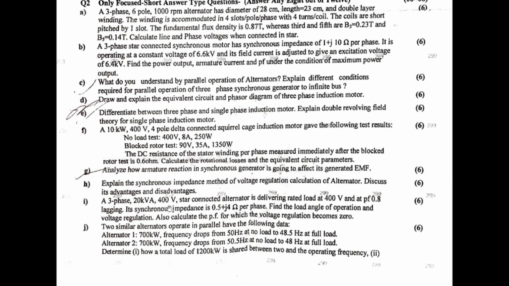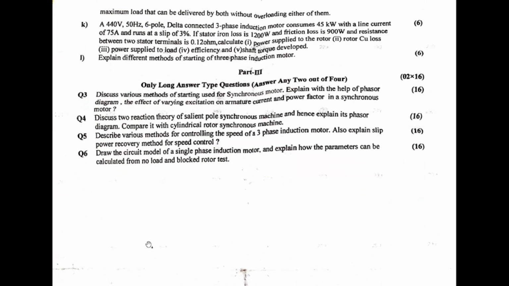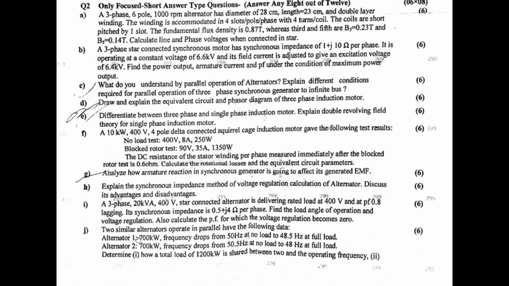A 3-phase 20 kVA 400 volt star connected alternator is delivering rated load at 400 volt and a power factor of 0.8 lagging. Its synchronous impedance is 0.5 plus j4 ohm per phase. Find the load angle of operation and voltage regulation. Also calculate the power factor for which the voltage regulation becomes 0. Then a 3-phase